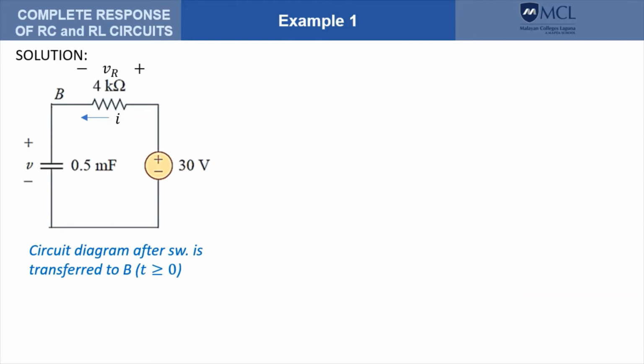Here is our circuit from the time the switch is transferred to B. So it is a series RC circuit, where we have indicated the current, the direction, and the voltage across the resistance V sub R. Since this is a series RC, we can use the equation that we have derived for a series RC circuit. So this is the equation